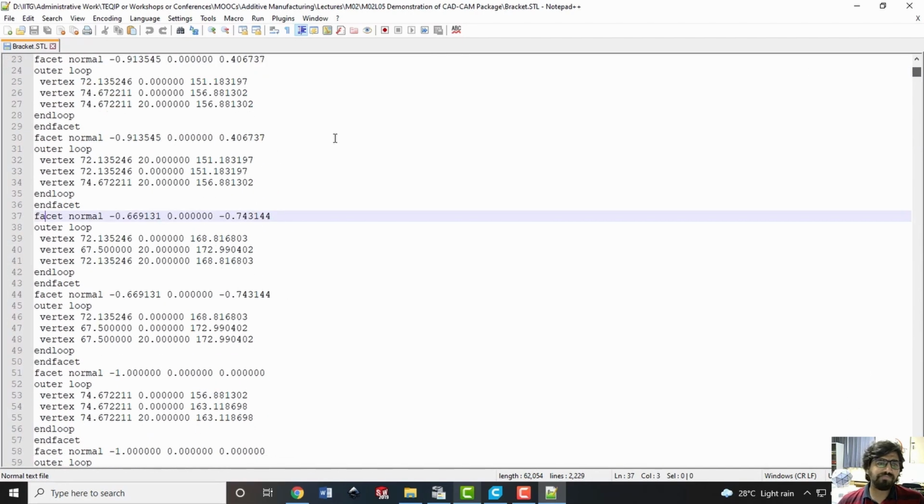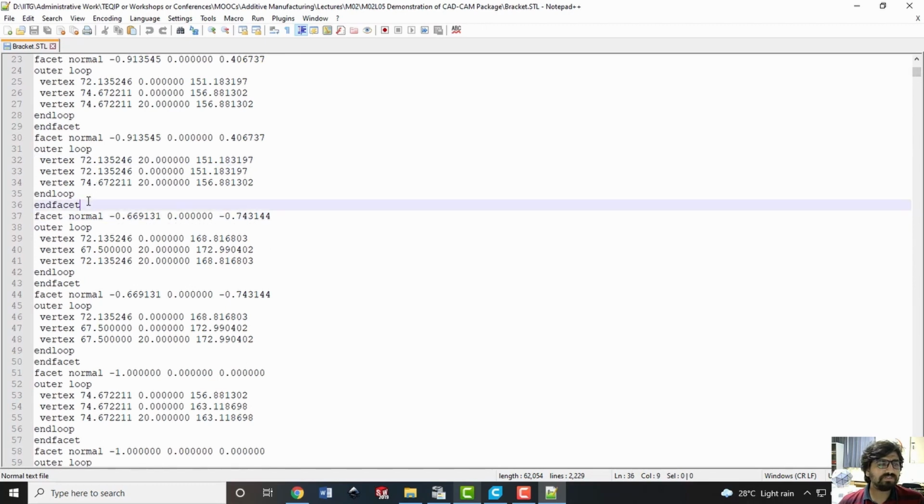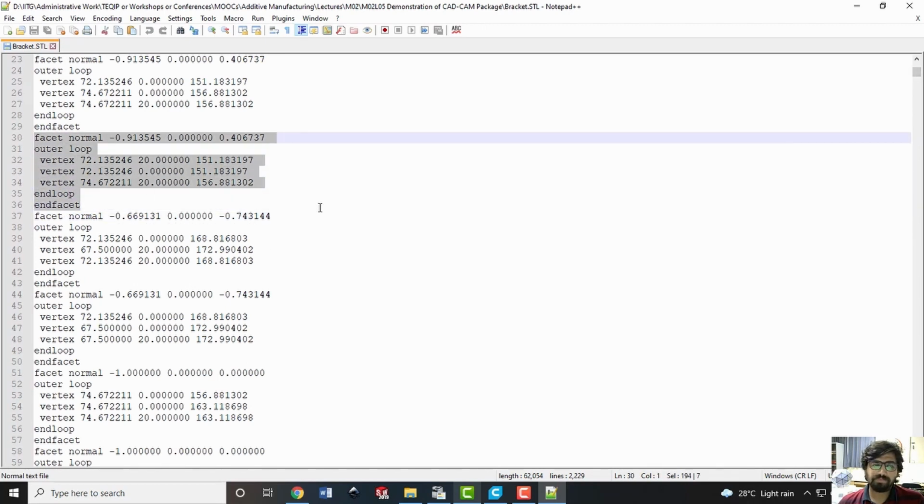So what if I delete a few of these lines from here? Then definitely my STL file will get corrupted, and then later on I have to repair it. Let us first see how this file looks like, and then we will delete some of these triangles and we'll see whether any open source is able to fix those files as well. That is popularly called as the STL file repair.